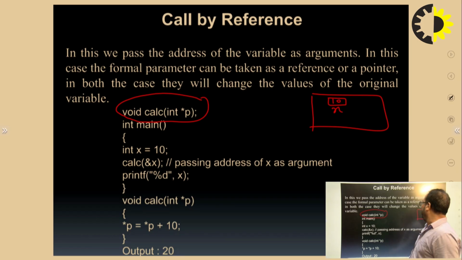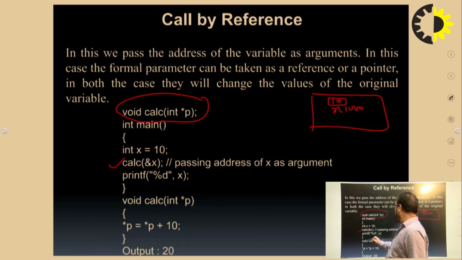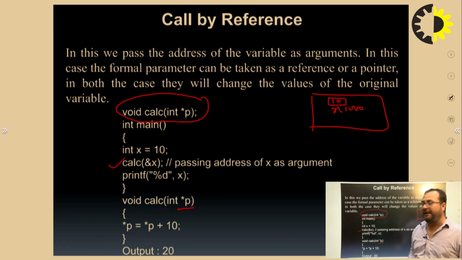Okay. Now suppose its address is say 1000. So we have simply passed the address of x, meaning we have passed 1000 in calci. So printf %d x. Okay. Once this function gets called, it's a formal argument which is a pointer, which will store the address. Meaning p will be another block which will store simply 1000, that is the address of